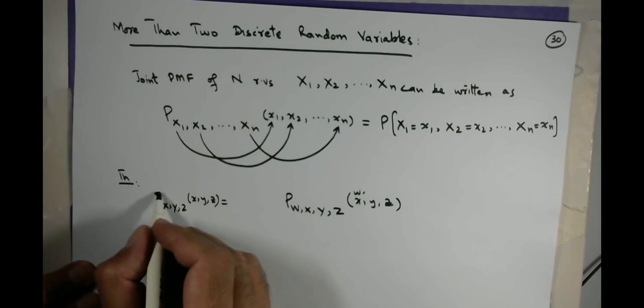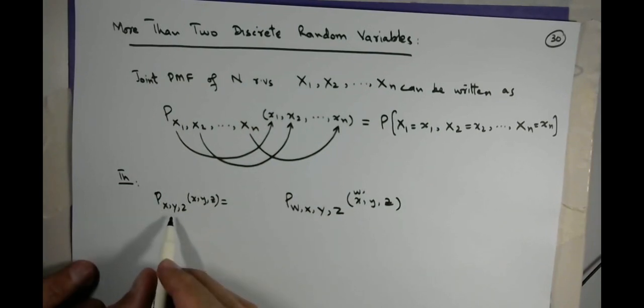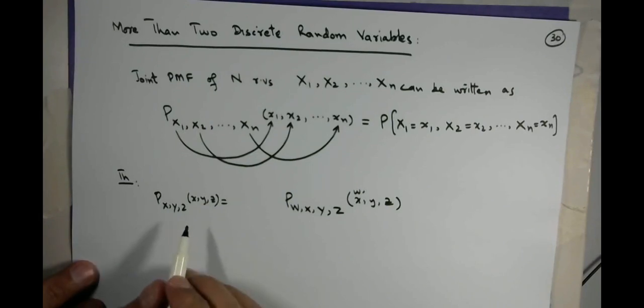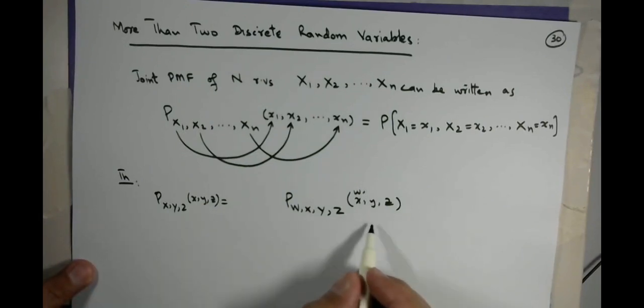So, for example, you need to find the marginal distribution of x, y, z, the 3-dimensional marginal distribution, using this